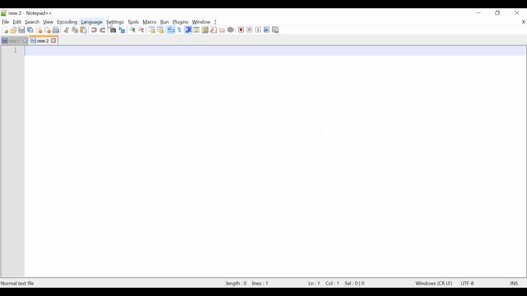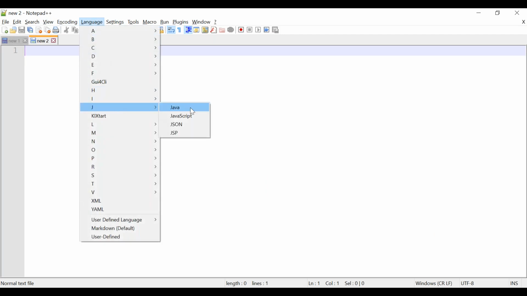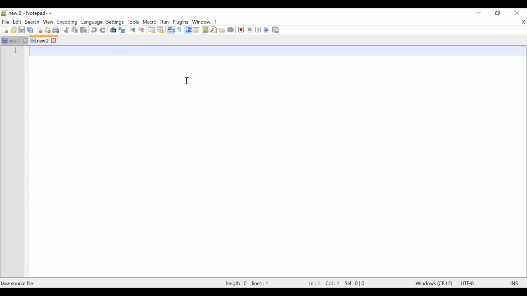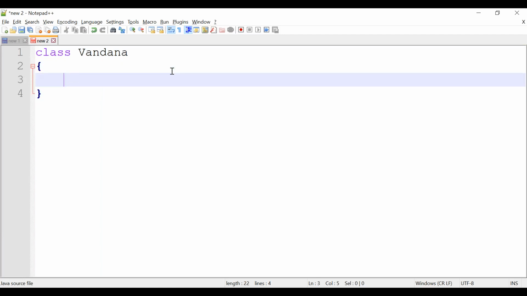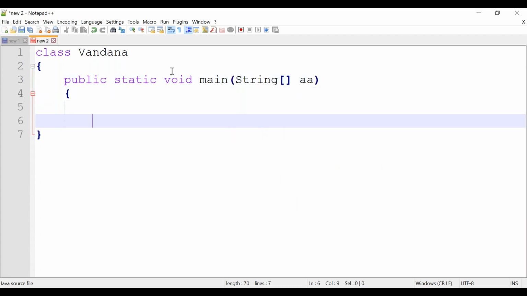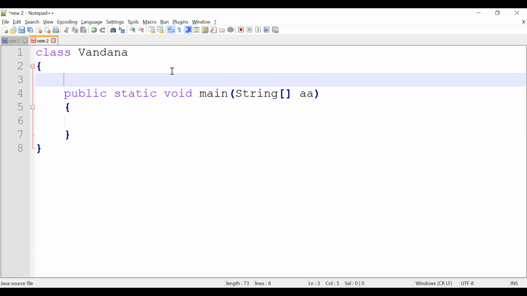So what we will do is we are going to create a new class. Let's go with new classes. So what I do here is I am planning to declare one variable.